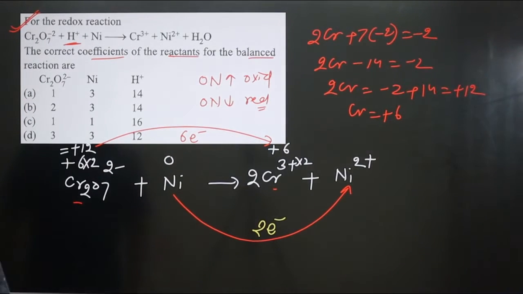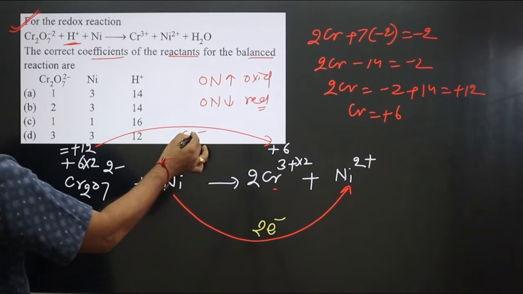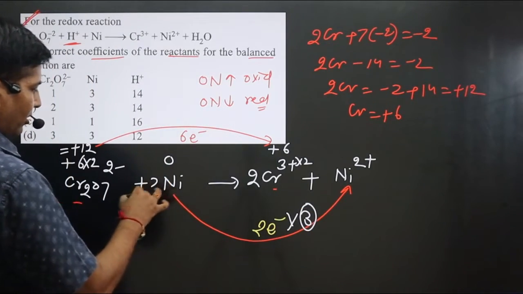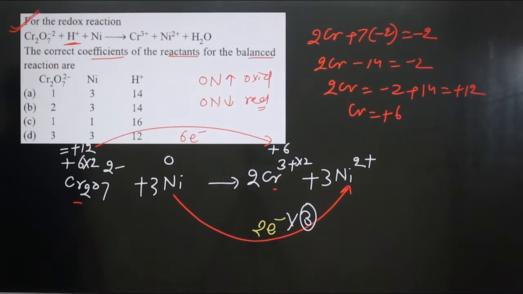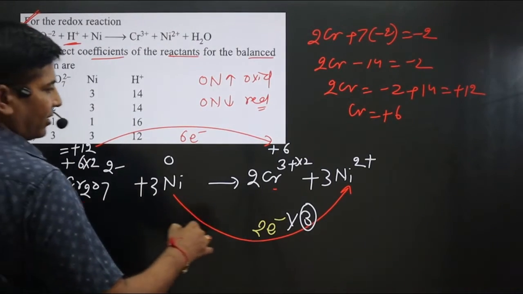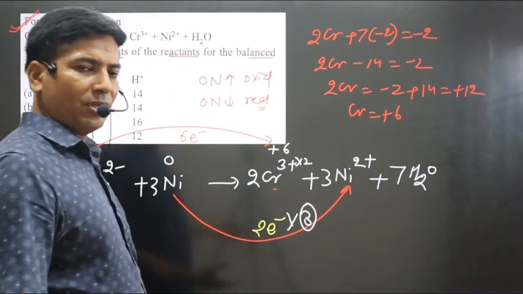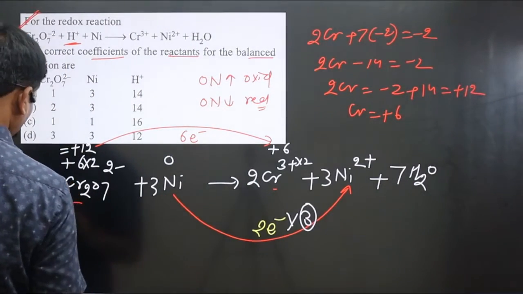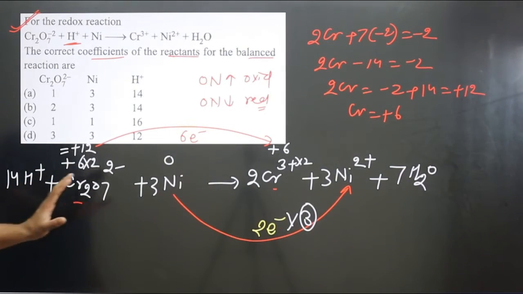Now we can balance the charge. Balance the transfer of electrons in both cases. You can see 6 electrons in this case and 2 electrons in the other. So I multiply by 3. So 3 will come here also, 3 will come here also. Charge is balanced. Now we can balance oxygen. How many oxygen? 7 oxygen on the left side. So I attach water molecules, 7 water molecules. So the number of oxygen atoms is balanced. 7 to 14. To balance the number of hydrogen, we take help of H plus ion. 14 H plus. This equation is balanced.